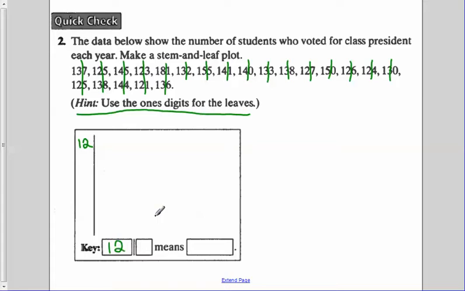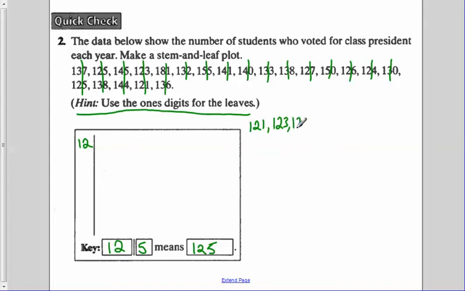Let's use that as our key. And let's say this is 125. So I have 12, this bar right here, and then 5. Well, that means 125. So let's write our numbers in numeric order so that we make sure that we put them in numeric order down here as well. So if I go through, what's my least? I see 125, 123, and if I keep on going through, 124, oh, there's a 121. So let's start there. So I have 121, there's a 123,